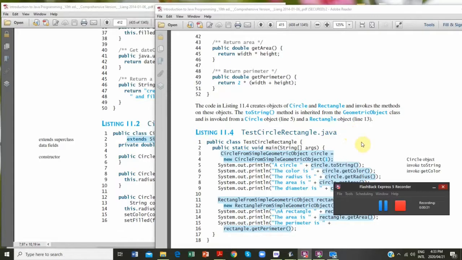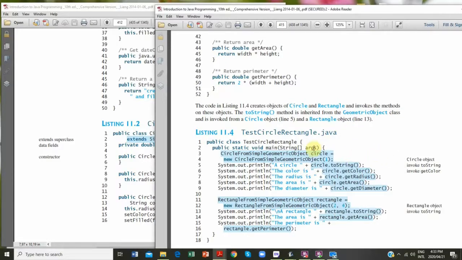So in the test class, we have the normal main method, and then in statements 3 and 4, we create a circle object. It's formulated in the way that you can see there. The name of the subclass is provided, then the name of your object, equals, then you have the new keyword, which indicates that you're going to call a constructor from your